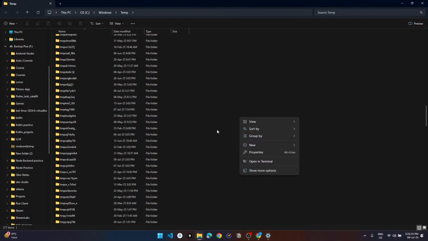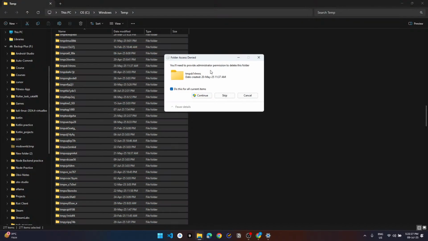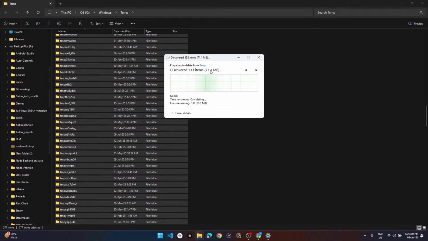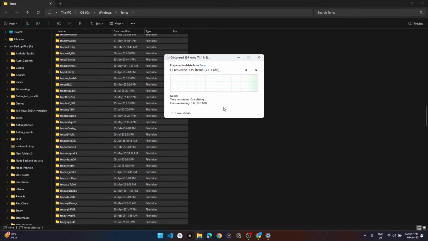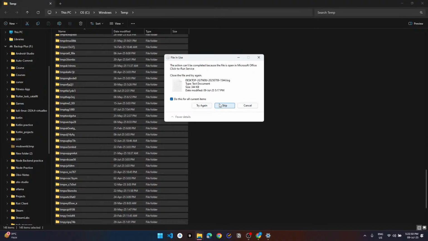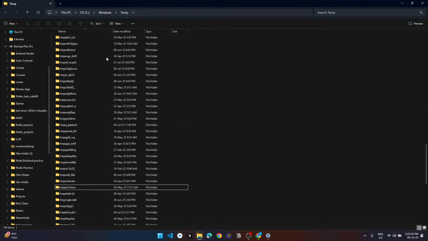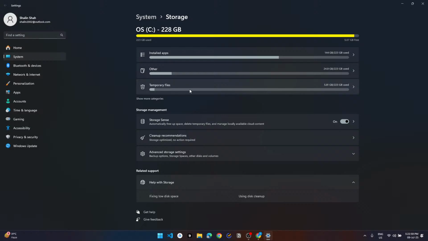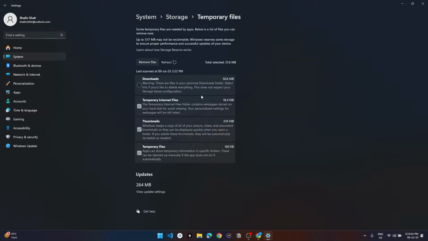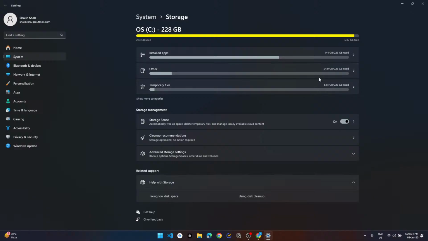We have 10 files. We need to delete these things. Try again. Permission to make changes. Temp files. It's showing 5 GB.